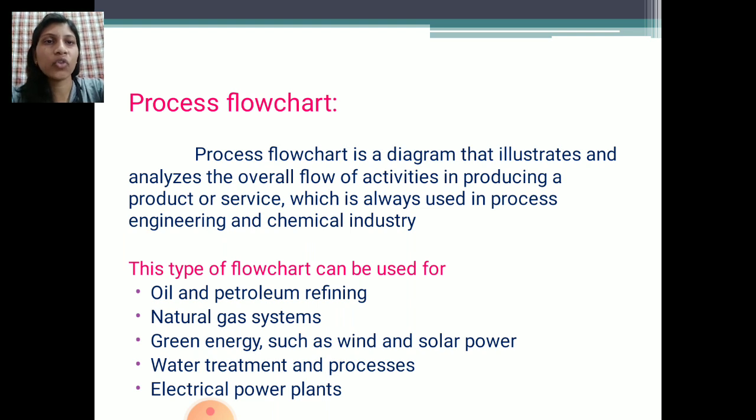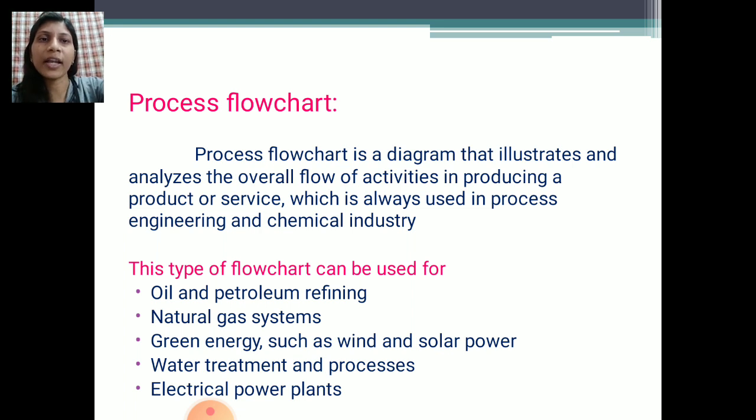See here, a process flowchart is a diagram that illustrates and analyzes the overall flow of activities in producing a product or service. Means it shows the flow of logic, whatever logic we are using in our program. It shows the flow of logic activities and services, which is always used in process engineering and the chemical industry.